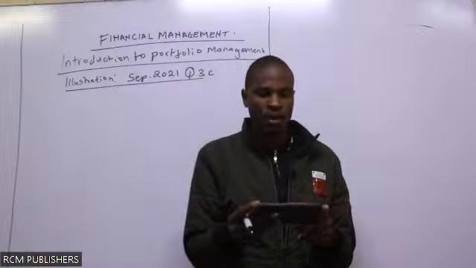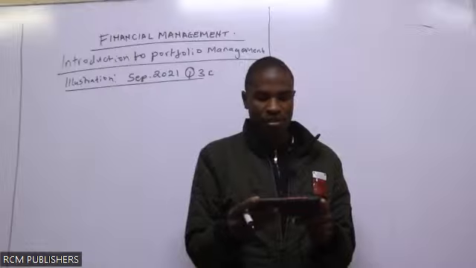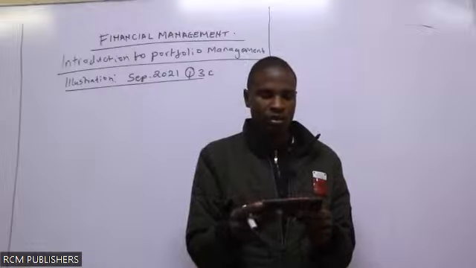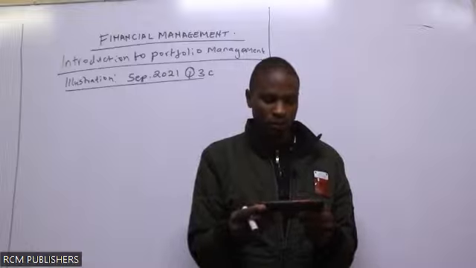The returns of the 2 securities have the following characteristics depending on the state of the economy. State of the economy: we have recession, stable, and expansion. Probability is given, and then